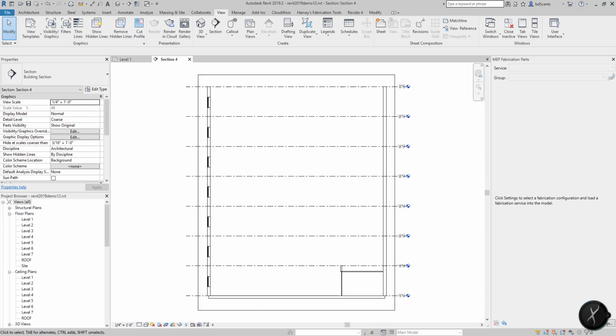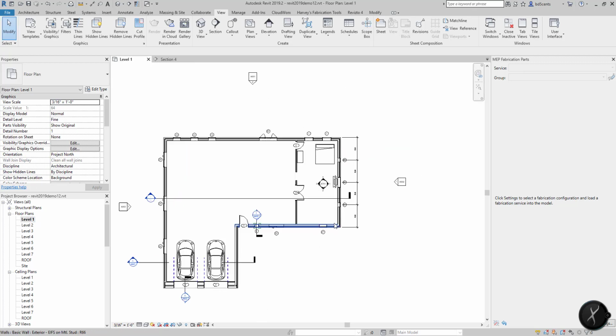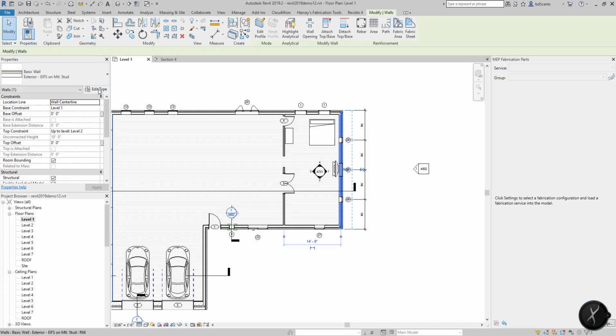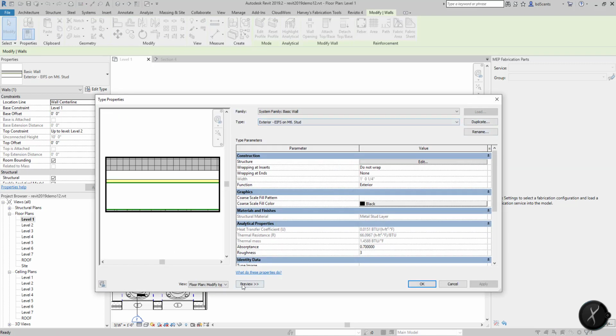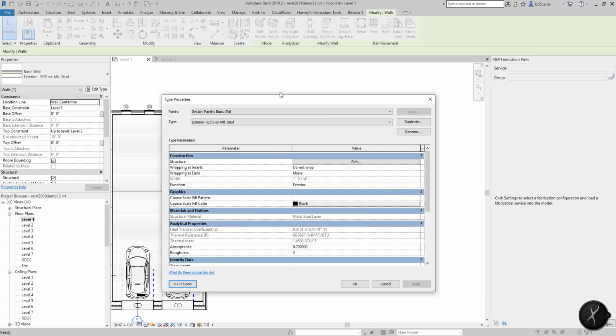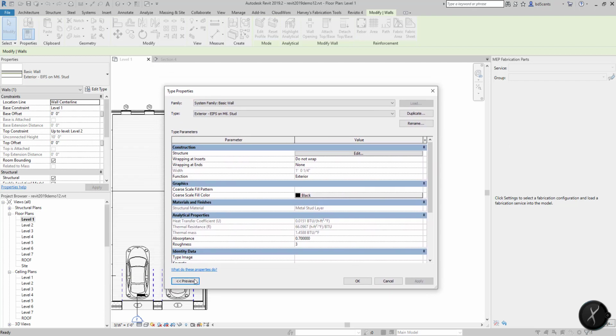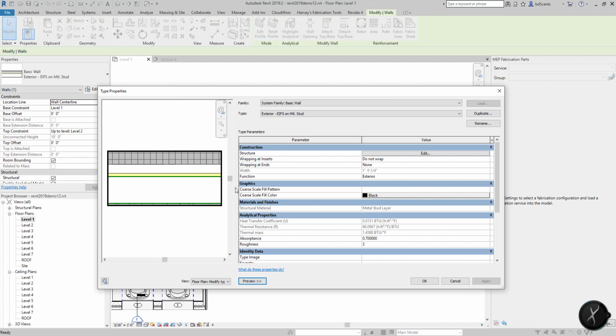So we're going to start this lecture by doing a smart wall creation continued. Before we start, we want to create some smart walls out of the east elevation walls. So I'm going to go to level 1 and I'm going to select this wall and edit the type and duplicate it. Before I duplicate it, I want to note that I have my preview expanded. When you first open it, you'll probably have it like this. You'll hit preview and it'll show the structure of that wall. We're going to duplicate this one and call it Gallatin, in all caps, Gallatin 1 stucco